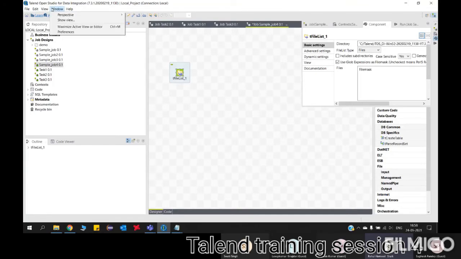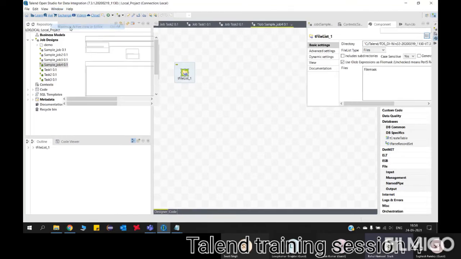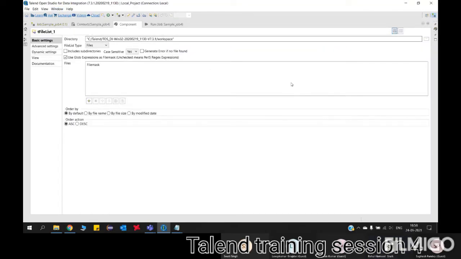Preferences, show view. Reset perspective should come here. It is not showing you. Maximize the active view, try that one. Okay. Now click on window. Okay, reset option is not there.